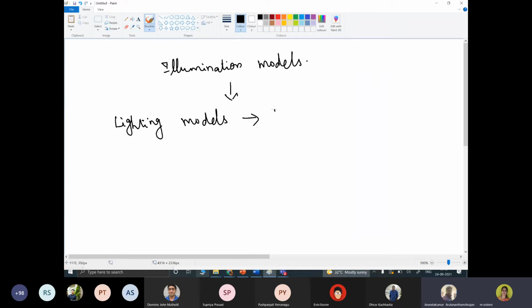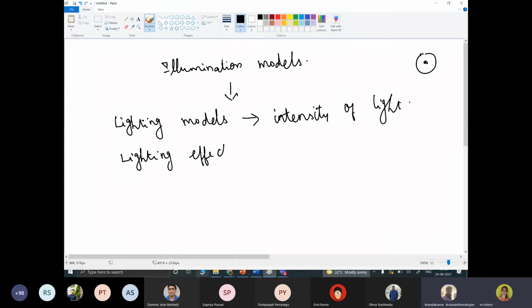So it determines the intensity of light that we want to see at a point on the surface of the object. So you have an object in a particular position or location or point. What is the intensity of light you want? With the help of that you can make it. So different lighting effects can be provided. How can we get different effects?